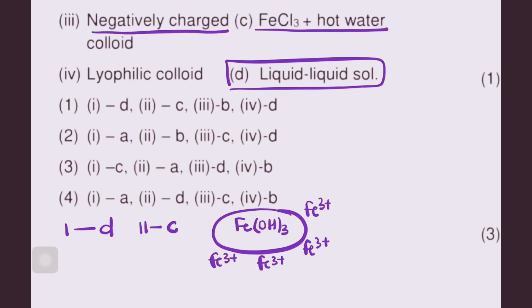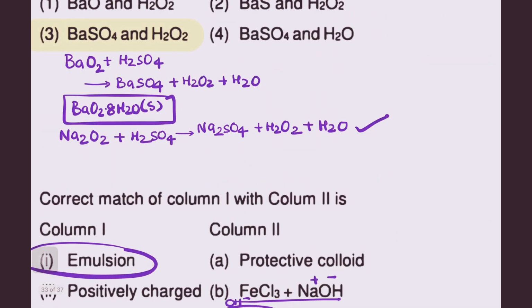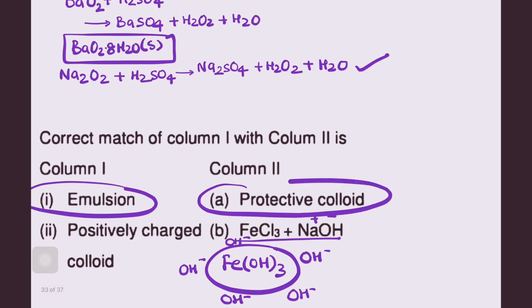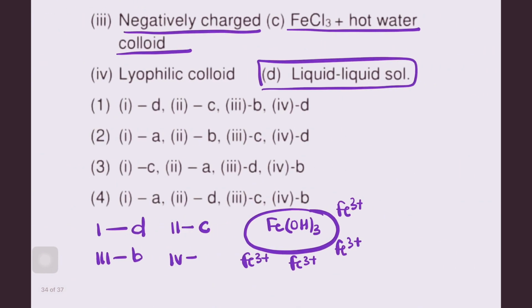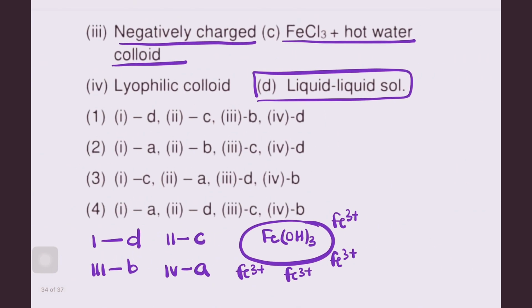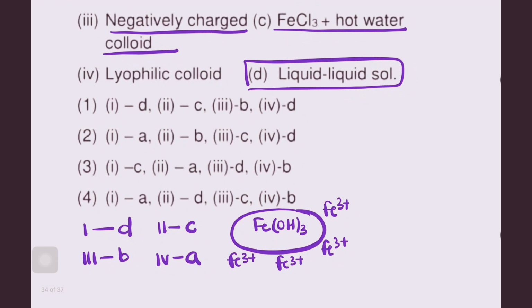Now negatively charged colloid we have already seen, that was in the second option, so 3 will be B, and for 4, lyophilic colloid, lyophilic will be the first one, that is a protective colloid. Lyophilic colloids are self-stabilizing and they are protective in nature. So it will be DCBA. So here it is a mistake, here it should be A, and your answer should be the first one. Next,